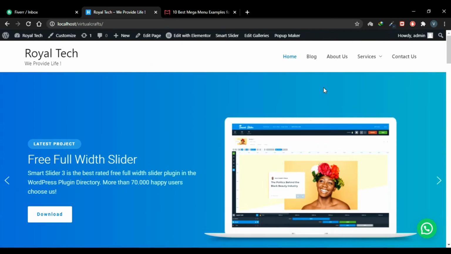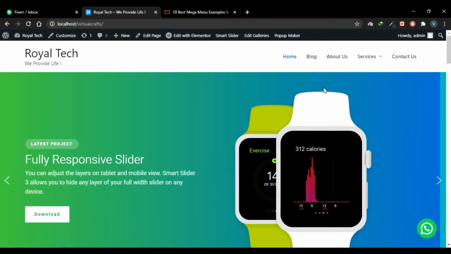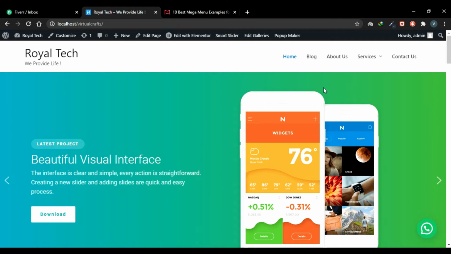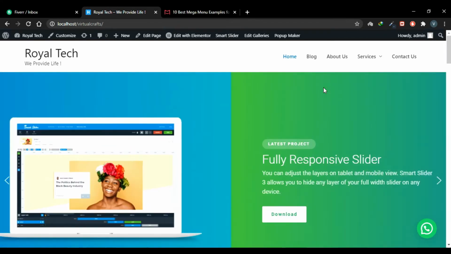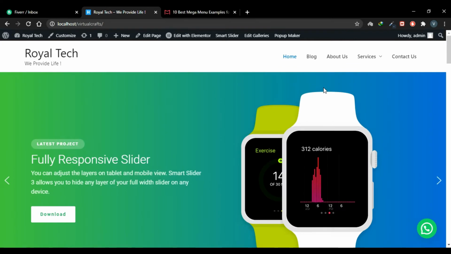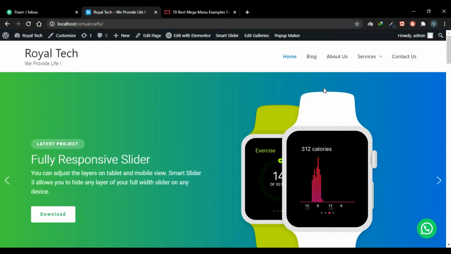Another important feature that mega menus give is that they are designed to have images or icons that correspond to the content of the menu. So the contact category might be illustrated with an address book or a telephone. A home page can be illustrated with a home icon, and all the pages the same way with the respective icon or image. So let's see how we can create mega menus and add them to our website.